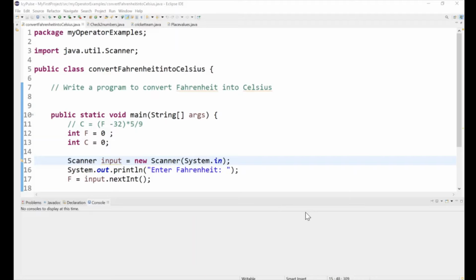Alright, so now we're going to be converting Fahrenheit into Celsius using the operations we learned in our last video. So first things first, we're going to have to write import java.util.Scanner. This will make a scanner. When we write the full thing, it'll print a sentence, "Enter Fahrenheit,"